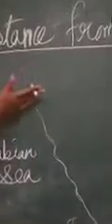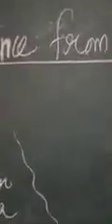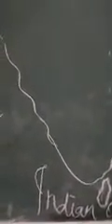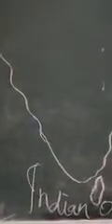Students, now we are going to learn distance from the sea. You already know that our India is covered by water on three sides: Bay of Bengal, Indian Ocean, Arabian Sea. A large area of India, especially the peninsular region, is not very far from the sea, and this entire area has a clear maritime influence on climate.